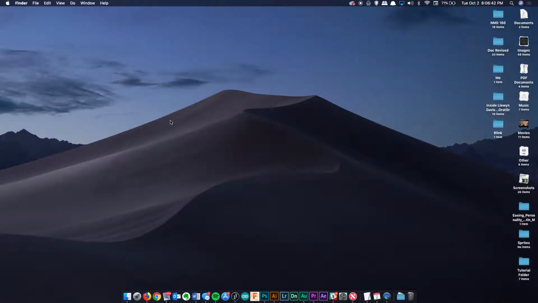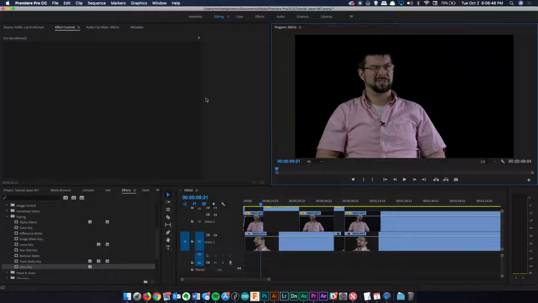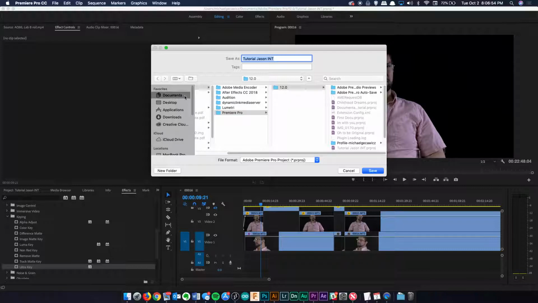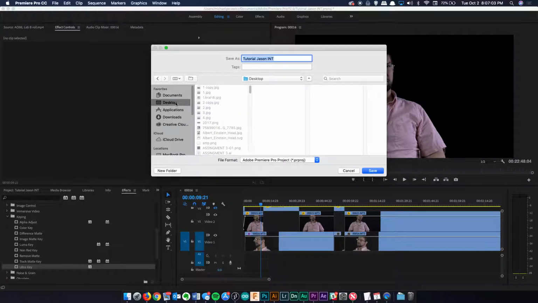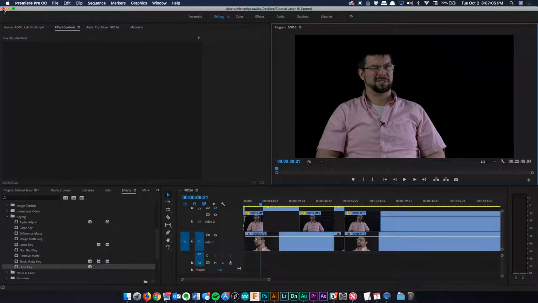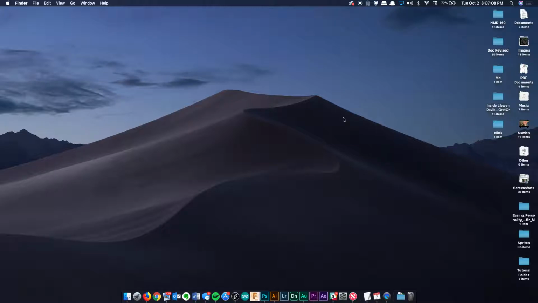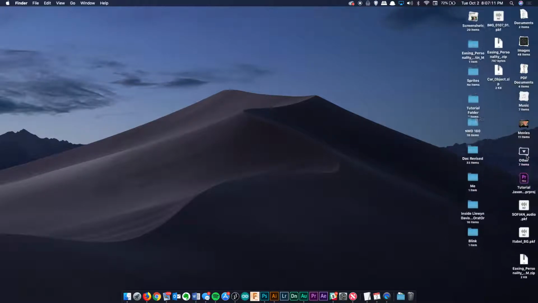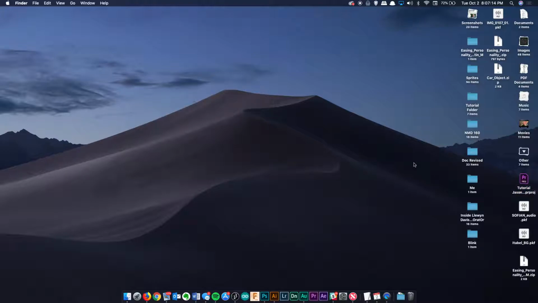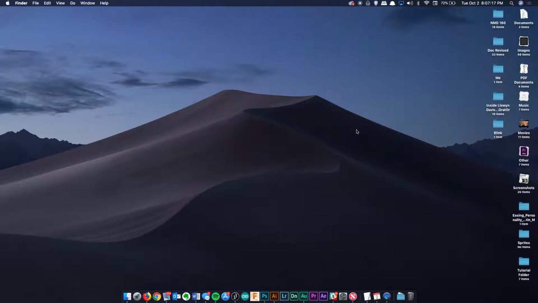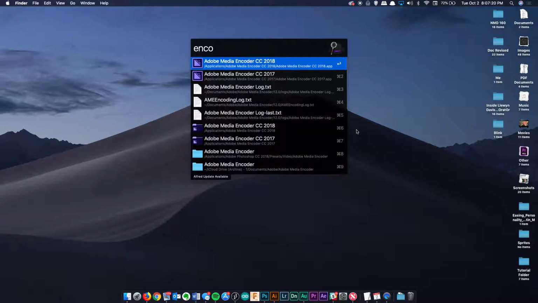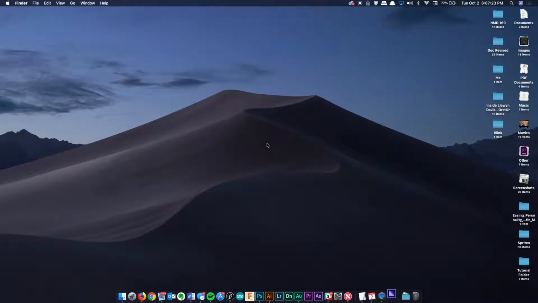You have to keep Premiere open when it exports. Yes. Unless, this is important. If you File, Save As, and save not the actual exported video, but the project, see how it's a Premiere project, save it to your desktop, it's going to be instant, right? If you close out, it's gone, right? But now it is on the desktop under other, right here. What's cool is if I now go into the media encoder, boot that sucker up,